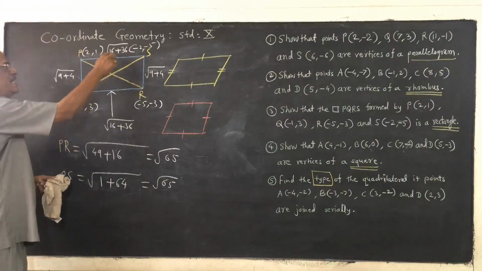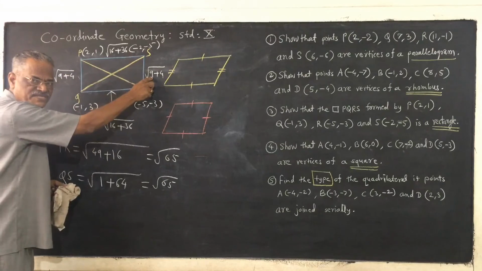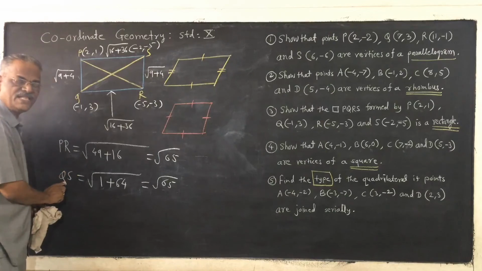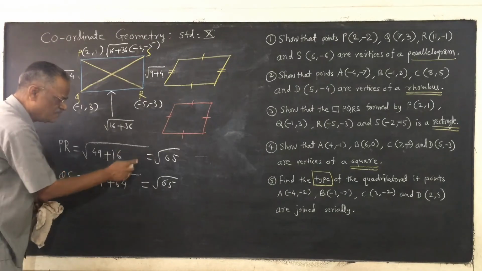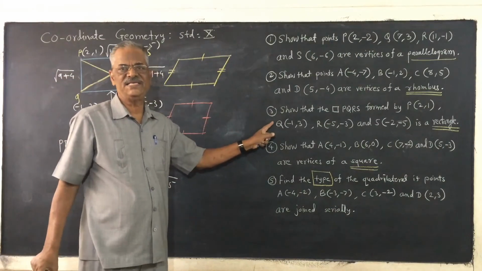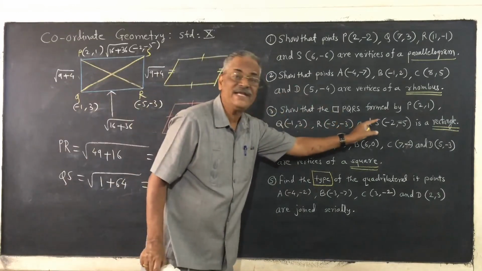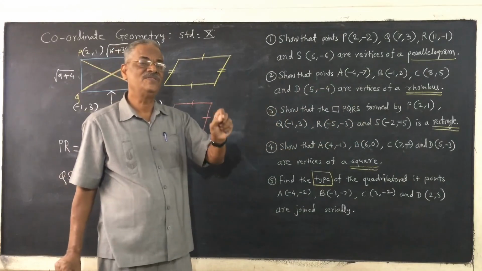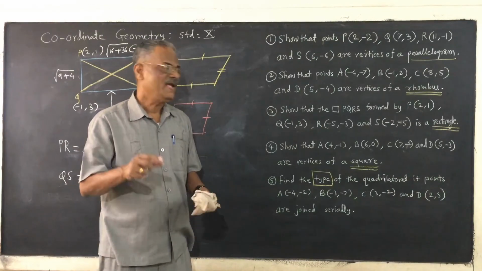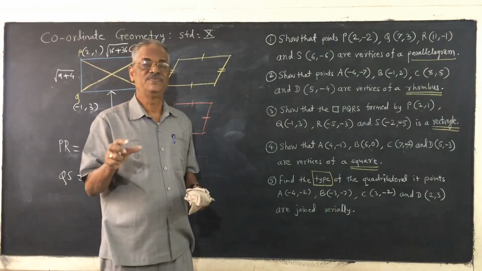So you are proving that opposite sides are equal by using the distance formula. By finding the length of diagonal PR and the length of QS, you find that diagonals are equal. So in this example, you can definitely see the proper application of the distance formula and the properties of a rectangle. Remember that you can solve each example by using the distance formula properly and knowing the properties of quadrilaterals. That is very, very important.